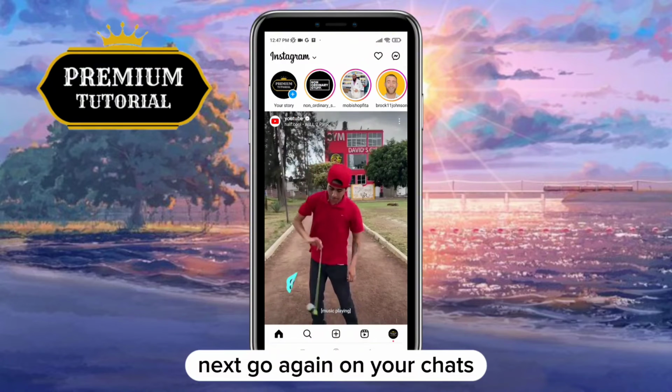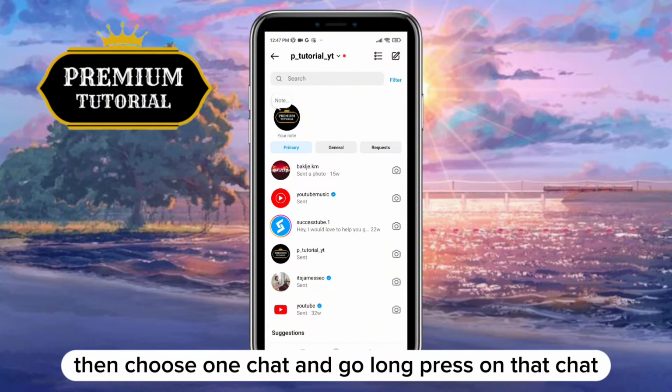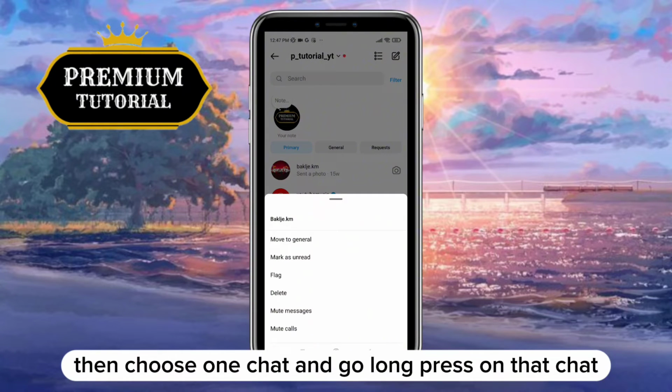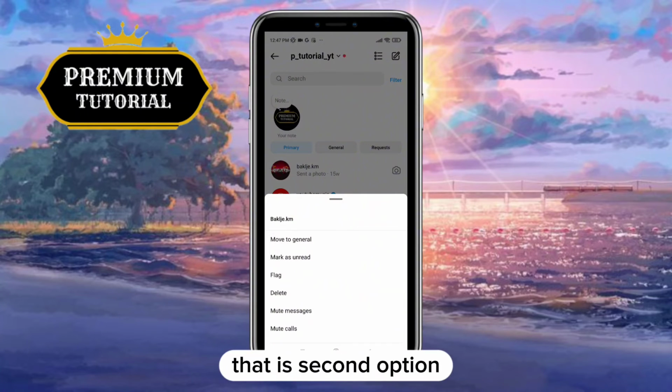Next, go again to your chats. Then choose one chat, and long press on that chat. That opens a side menu, and click on the option called Mark as Unread, in my case that is the second option, and